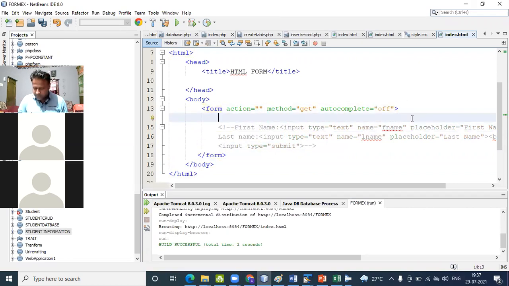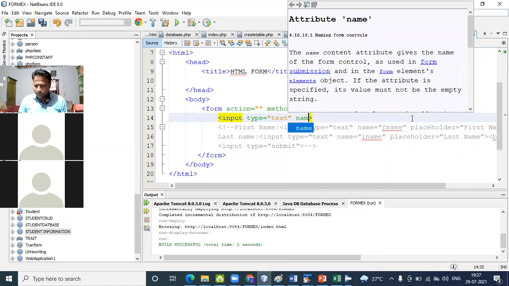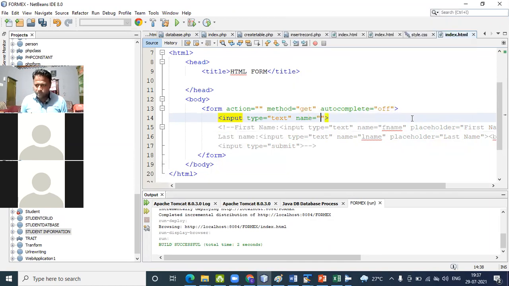Here I pass input type is equals to text, name is equals to sbox.